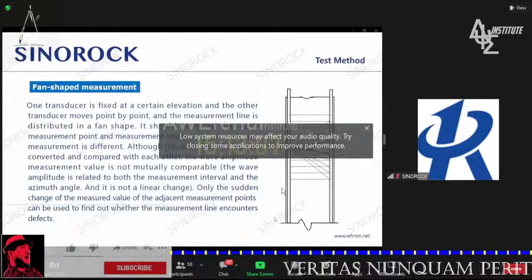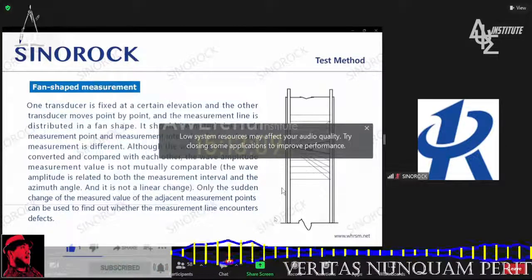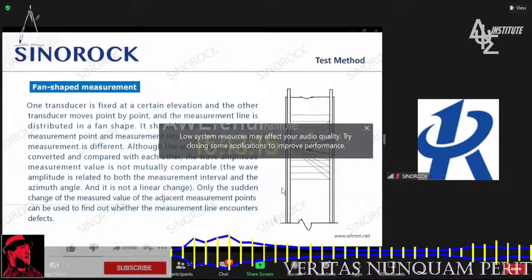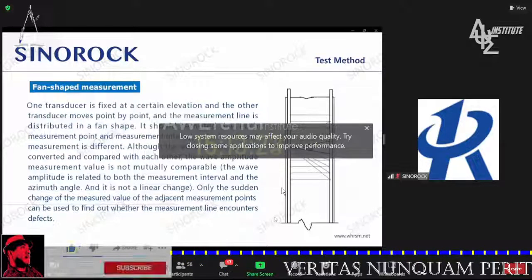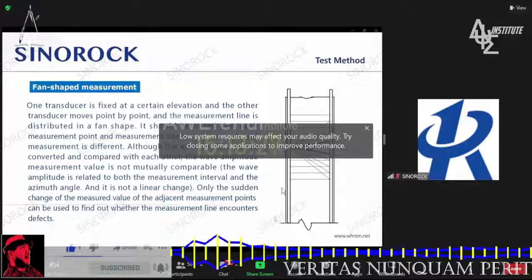Fan measurement. One probe is fixed at a certain height, the other probe moves point by point, and the testing line is distributed in a fan shape. Note: since the path distance of each testing point in the fan measurement is different, although the velocity can be converted and compared,